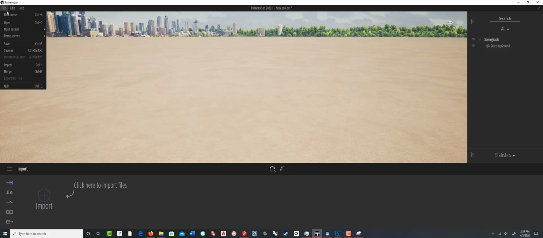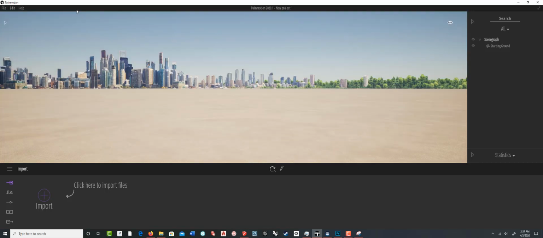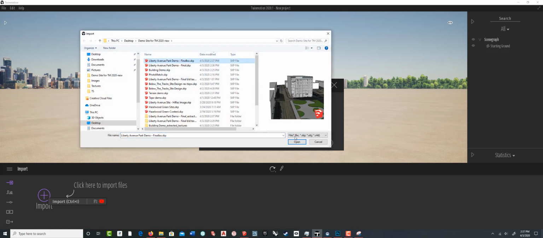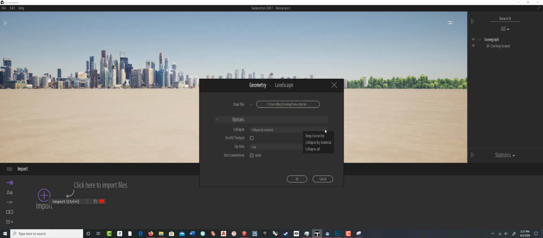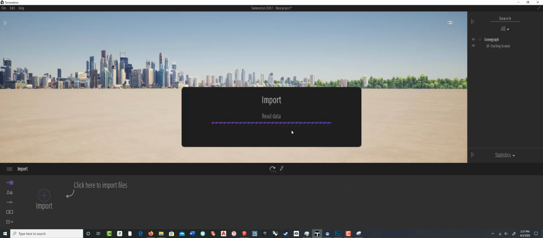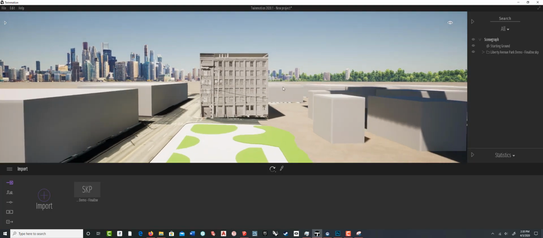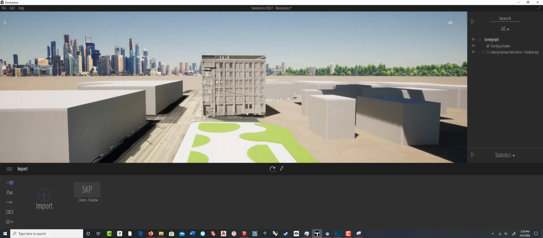Let's just make a new project just to make sure. Okay. There we go. So now you can see it's brought that black and white version in, and the images are